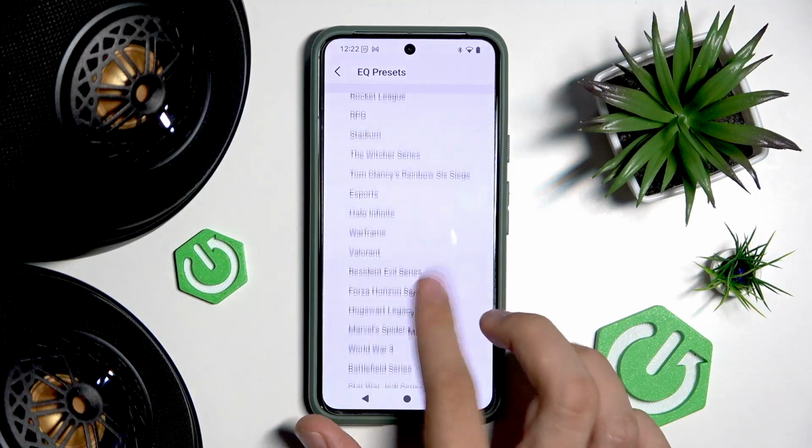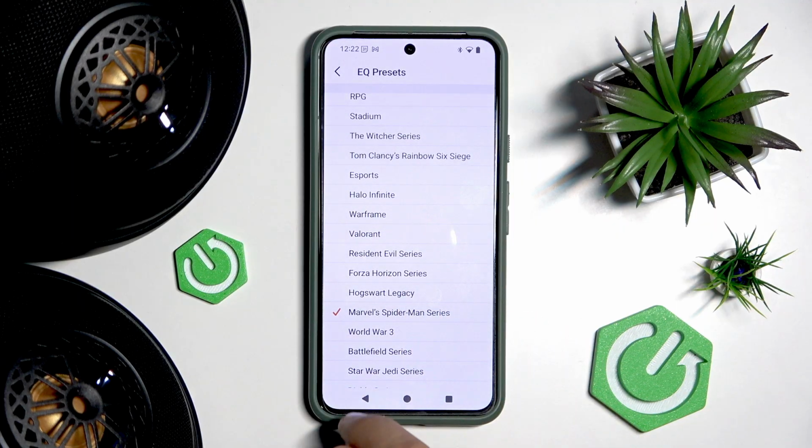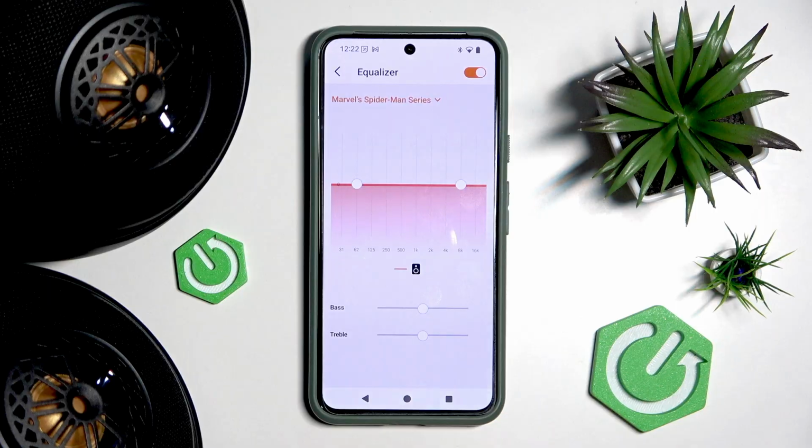To switch, we just have to tap on each and go back. As you can see here, we do have the preset for Marvel Spider-Man series. I don't know why it's not changed at all,